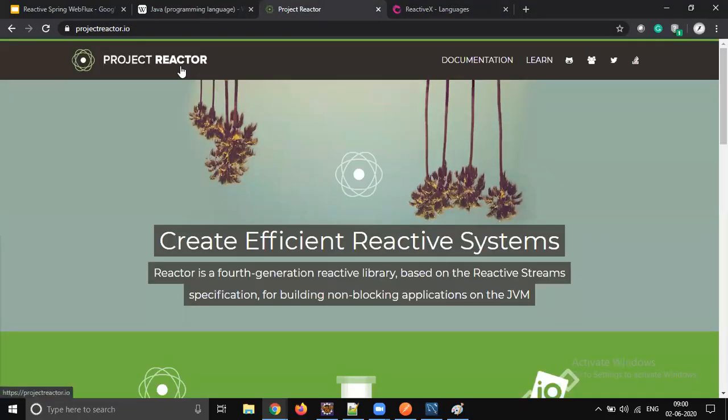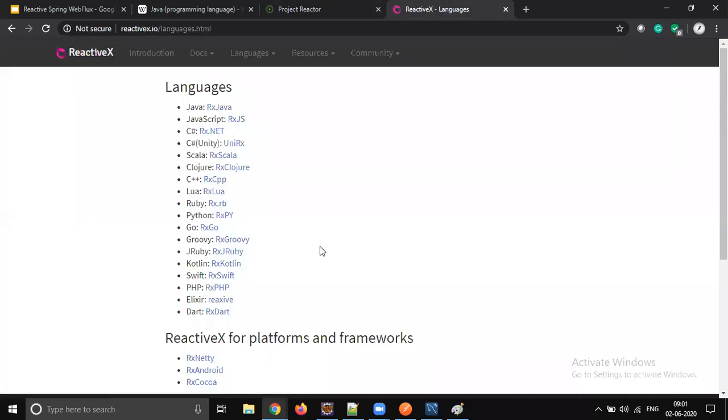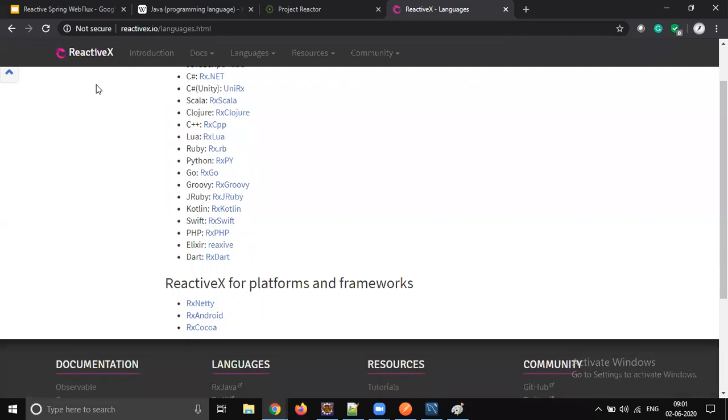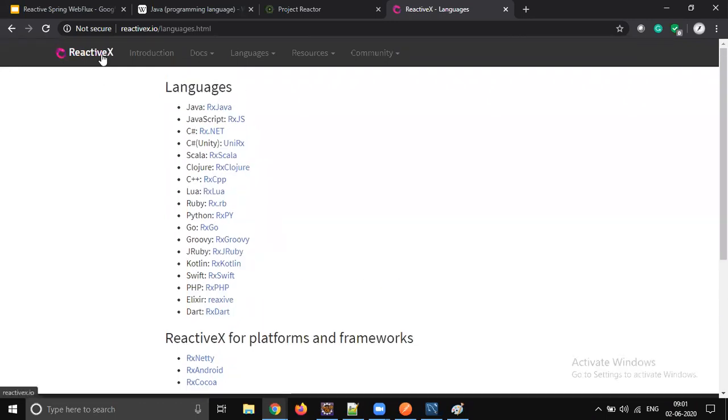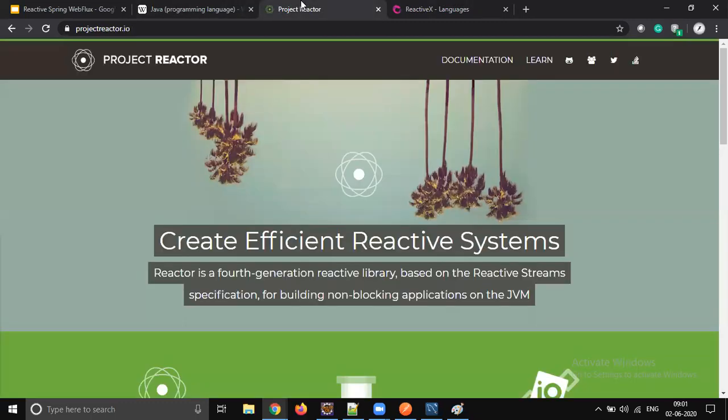But we are going to write our code, the main application itself, the Spring Boot application, as reactive programming. So we are going to focus only on Project Reactor. ReactiveX is more famous than Project Reactor, but you can't write a framework with it because it is a library. So you cannot write a Spring Boot application using ReactiveX at this point of time. Maybe in the future Spring Boot may adapt this library also. I'm not sure, but at this point Spring supports Project Reactor.